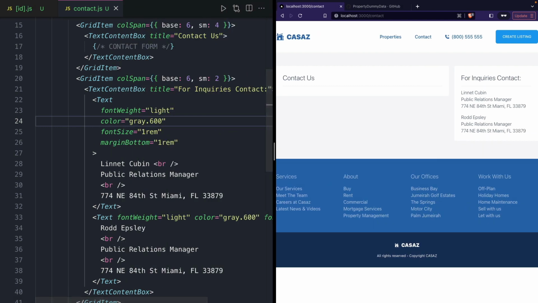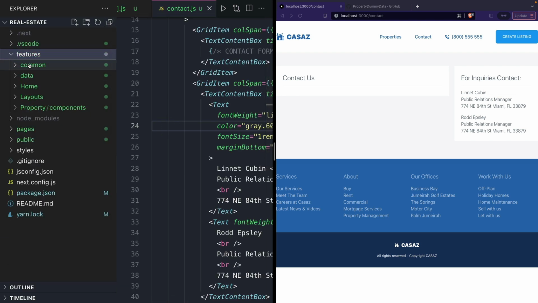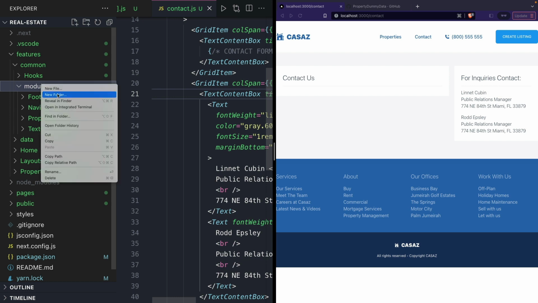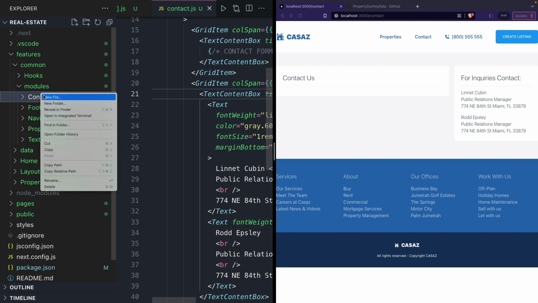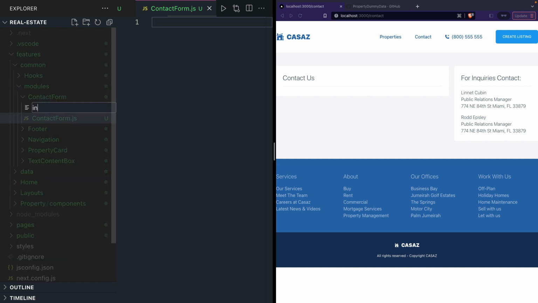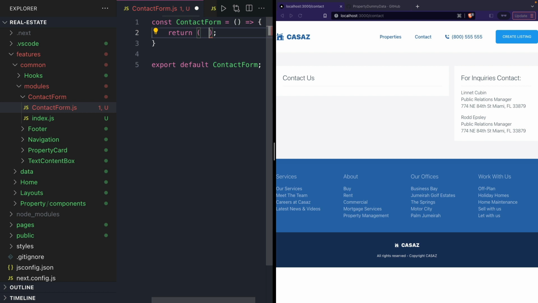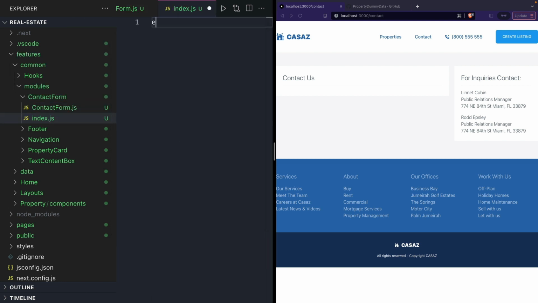So let's open up our navigation, close down some of these folders, features. The contact form might appear in multiple places. So let's put it in common, modules, and then contact form. Inside the contact form folder, we're going to have the component, and then we're going to have the index.js file. So SF, we're going to have contact form, export some text, and then you can do this with your eyes closed. I still can't. Default from